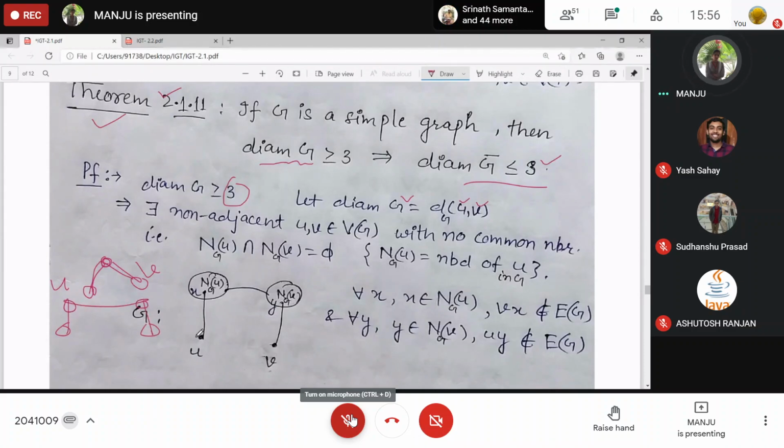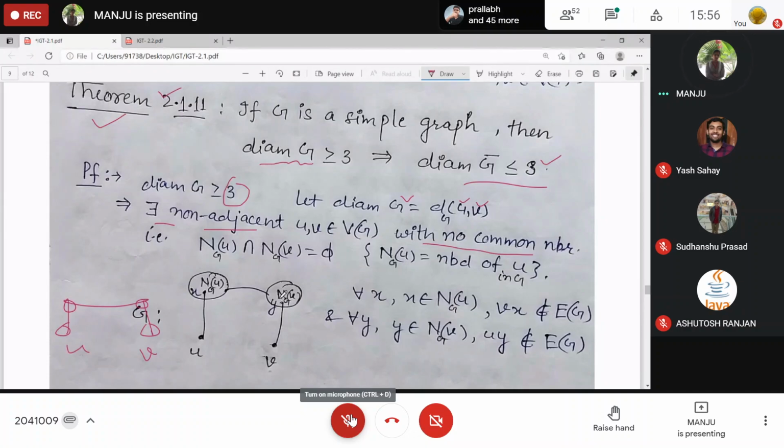Otherwise the diameter could have been 2, but it is given that it is at least 3. Which means the neighborhood of U and V